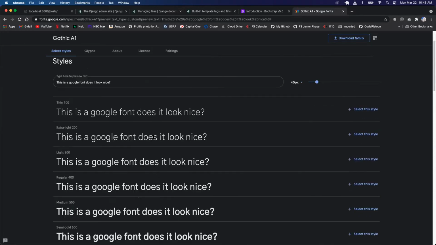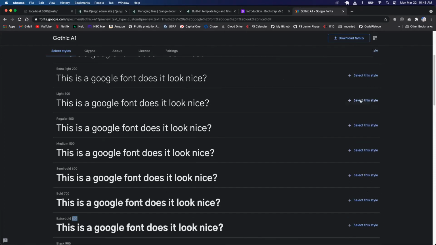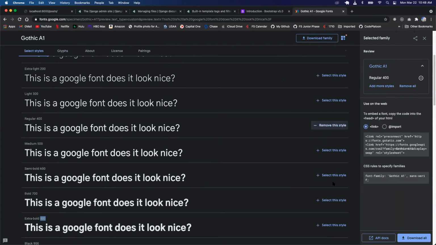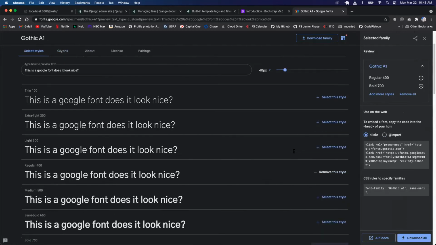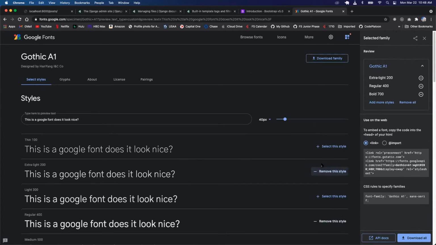Anyway, we can look at what styles we want. We can select multiple of these styles. So we can say we want regular, bold, and extra light. As you add these styles, you can see it produces that link for us already, and also how we reference that in our style sheets. So if I want this,